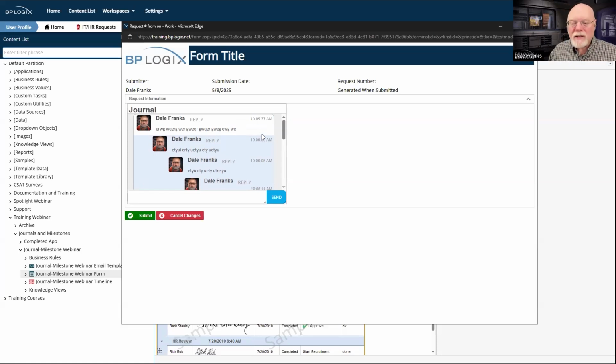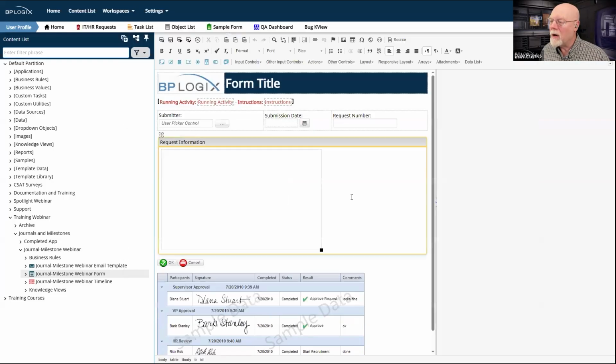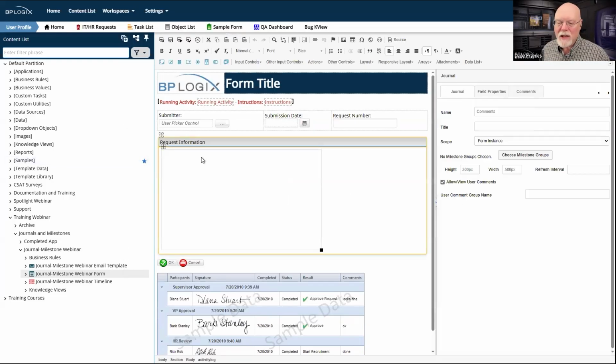At its basis, this is just a superior control to the comment log control, but there is much more to it than comments. And let's take a look at the guts of this thing and see how this control works. We're going to split this off into two things. We're going to talk about the control itself and its properties, and then we're going to expand on it to discuss the topic of milestones. So keep the idea of milestones in mind, but we're going to talk about those a little bit later.